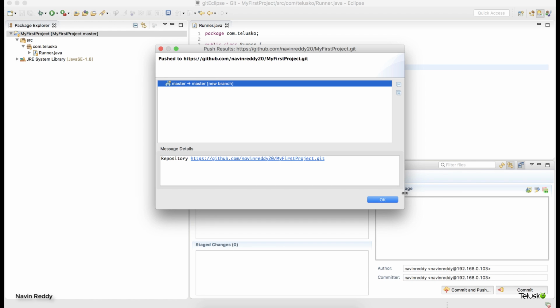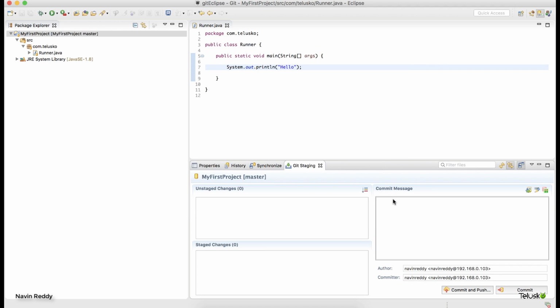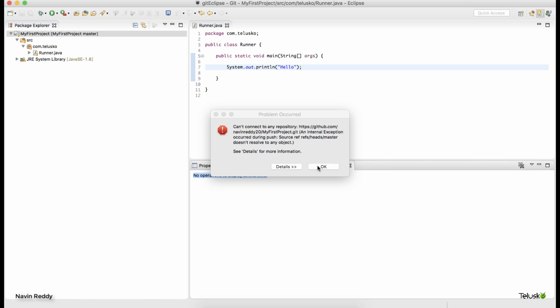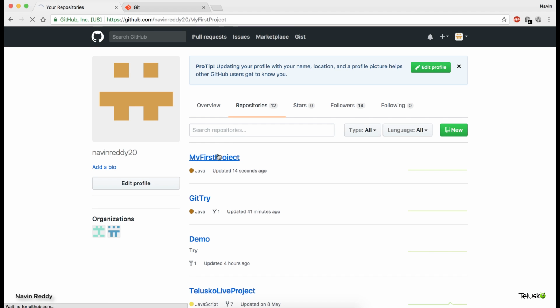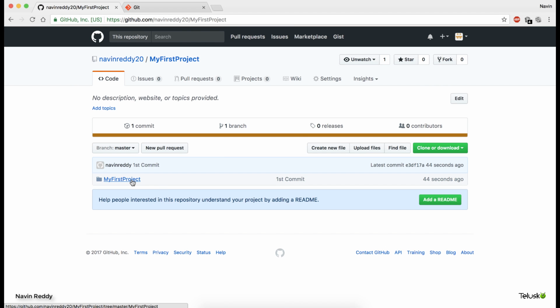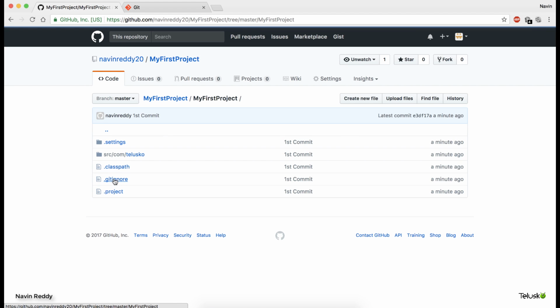This is something like uploading a folder on Dropbox, right? Okay, I got some initial message here earlier, but ignore that. Let's go back to the repository which you have created, and I hope, oh, we got our project here. That's great. And the message says first commit. So we have uploaded our project on GitHub.